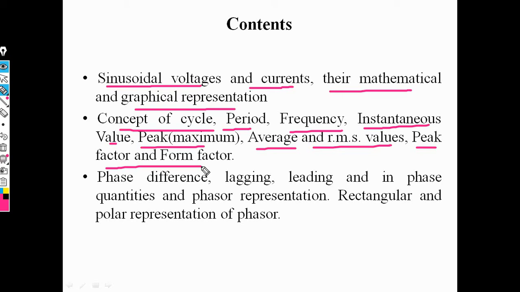We also need the phasor representation of voltage and current. The concept of rectangular to polar and polar to rectangular representation of a phasor is very important. We also need all parameters with their definitions and expressions, and problems based on them. Okay, now these are the contents in Unit 2 Part B, AC fundamentals. Now we will explain each and every parameter one by one.